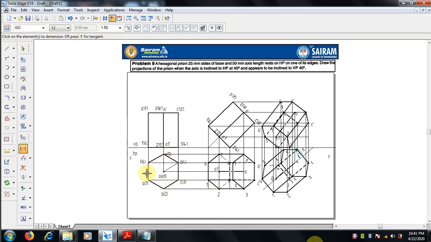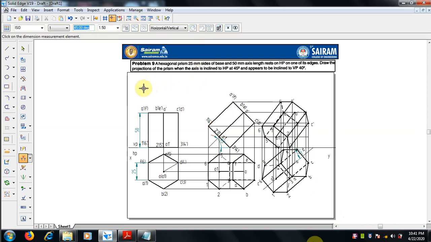And dimensions, what is given in the question, we have to finish it off. That is 25 mm side and 50 mm height, and then angle of inclination with the reference, that is 45 degrees, and inclination to VP 40 degrees.